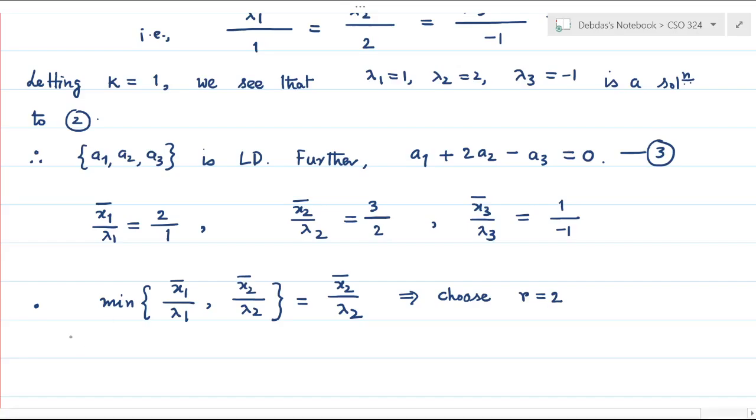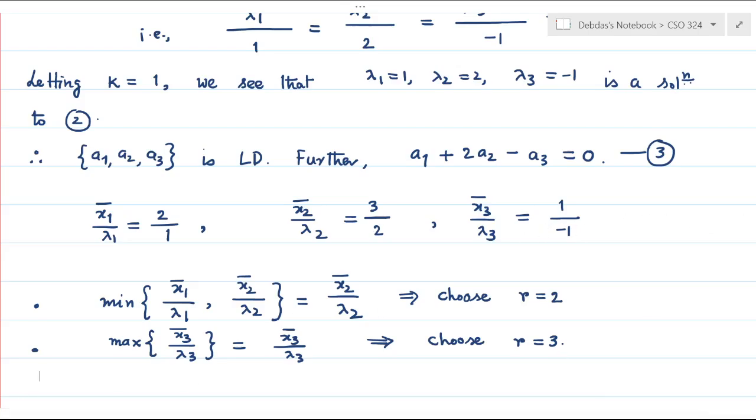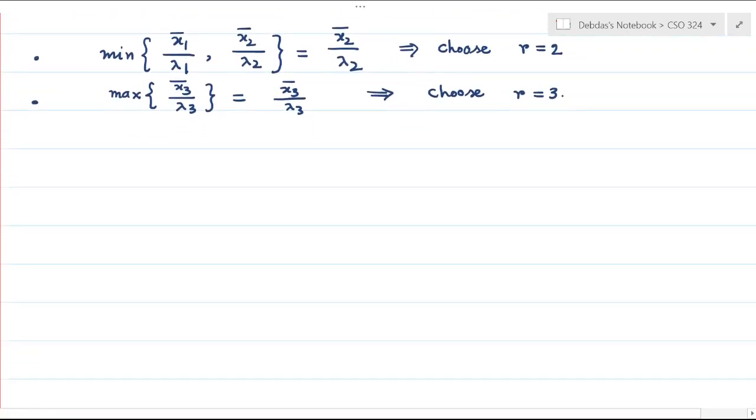Fine. Or otherwise you can choose also the maximum value of all the negative ones. That means you have x3 bar divided by lambda 3. So here also you can choose r is equal to 3. Fine. If you choose r equals to 2, then in that case the reduced solution, if we take r equals to 2, then the reduced solution